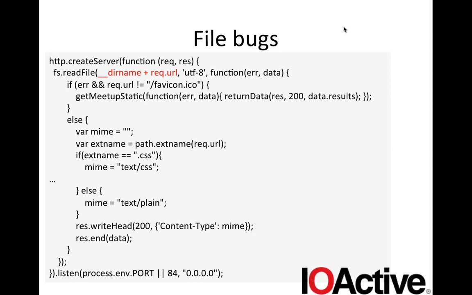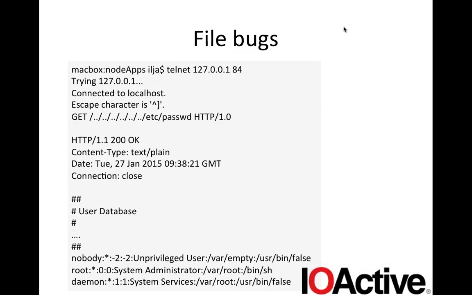Another of what I call classic web bugs, and it's not specific to web bugs, but it shows up quite often in web applications, is the standard directory traversal, right? This can happen when you open a file requested by the user, and you basically go dot dot slash dot dot slash dot dot slash, right?